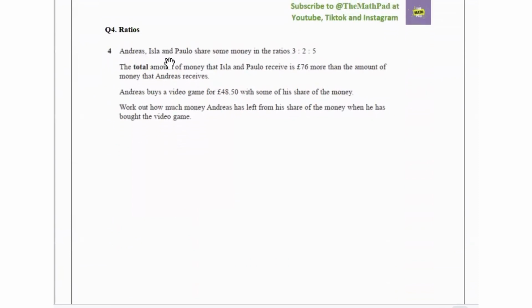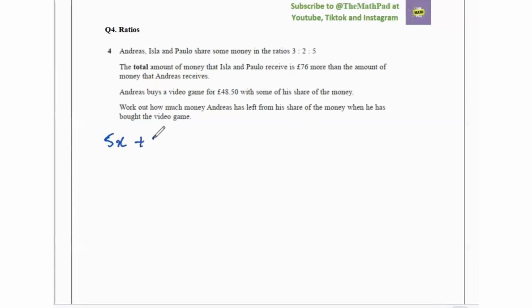Then question 4 says, Andreas, Ayla, and Paolo share some money in the ratios 3:2:5. The total amount of money that Ayla and Paolo receive is 76 pounds more than the amount of money that Andreas receives. Andreas buys a video game for 48.50 pounds with some of his share of the money. Work out how much money Andreas has left from his share of the money when he has bought the video game. If Ayla and Paolo's share is 76 pounds more than the amount of money that Andreas receives, that means